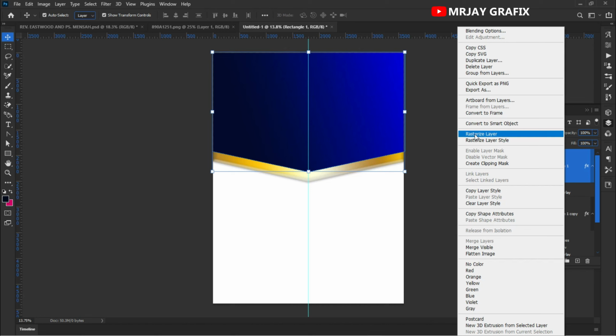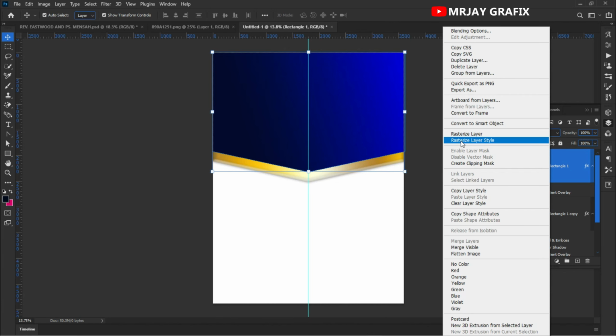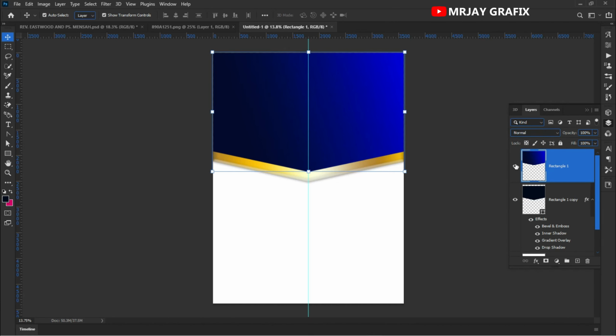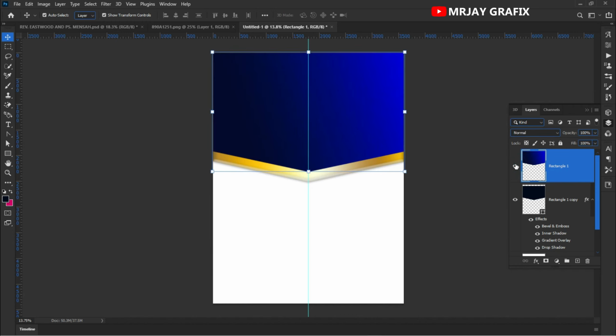Okay. If you use this one, you are going to rasterize and still your gradient will be there. Okay, but now I want to rasterize everything like this. So if you can see right here, see, okay, so now I'm going to